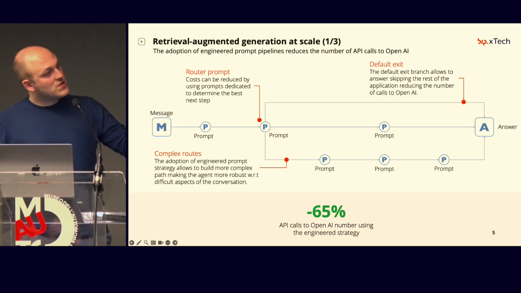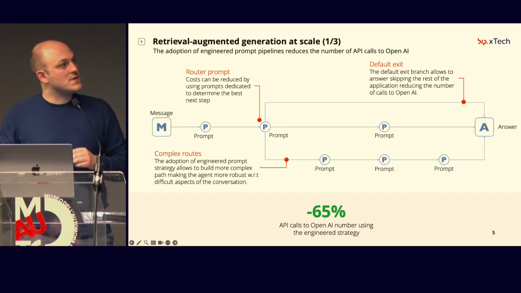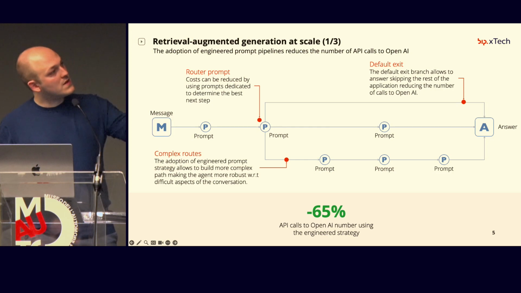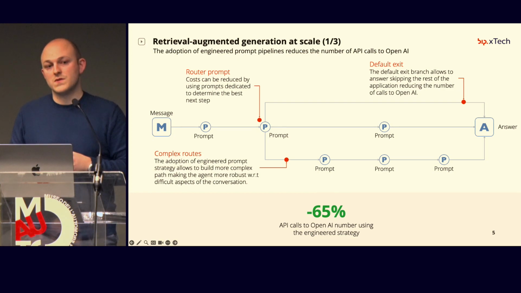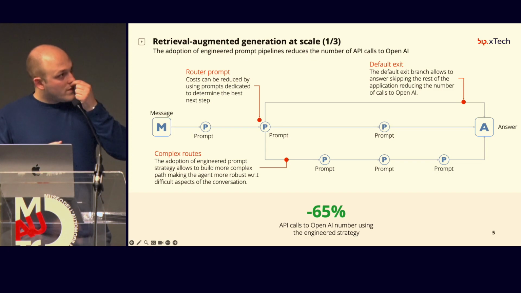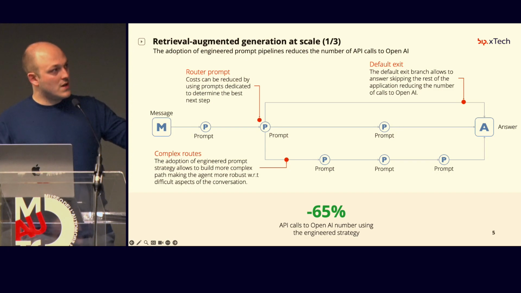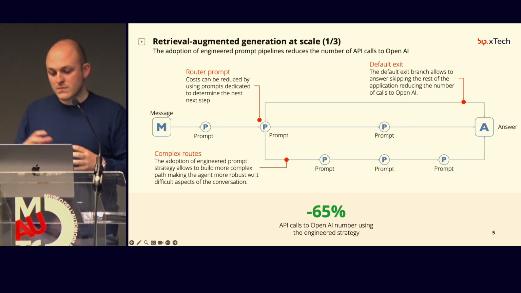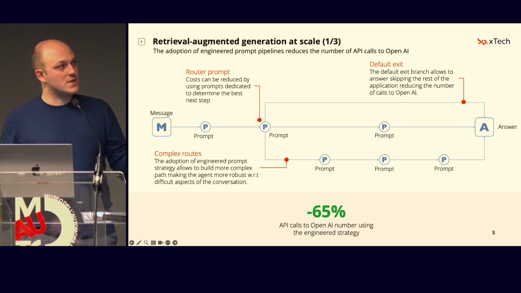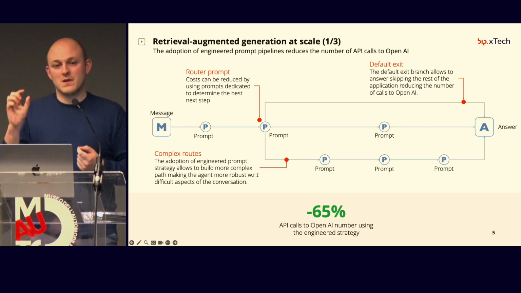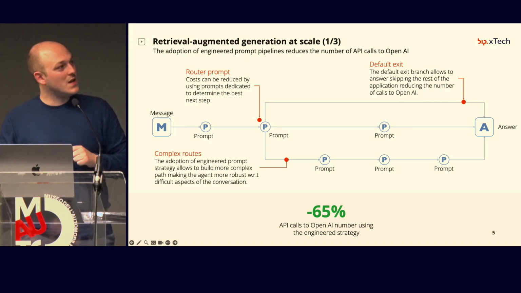In this case, we have a message that goes through a set of prompts, okay? For example, the first prompt could be the prompt dedicated to understand whether there are bad words or not. Or the last one is the one that generates the answer, okay? And you have to optimize the journey of the message, of the information, through the prompts, because since you have a massive amount of users, 4K users, you must be sure that your message goes through the minimum number possible